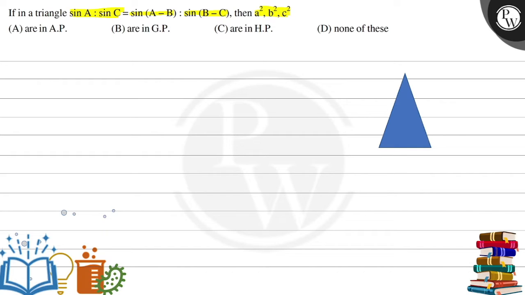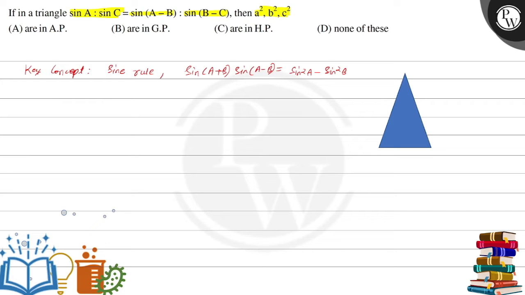In solving this kind of question, the key concept is to use the sine rule. There is one more formula that we have to use here, which is that sine A plus B into sine A minus B will result into sine square A minus sine square B. So sine A plus B, sine A minus B is equal to sine square A minus sine square B. A and B will get changed like identities. So if it is B plus C or B minus C, that will be sine square B minus sine square C.